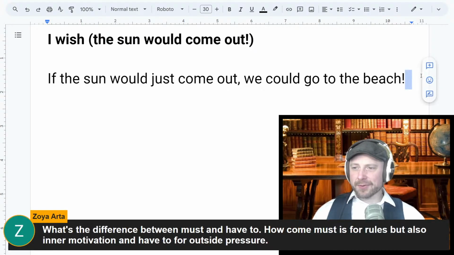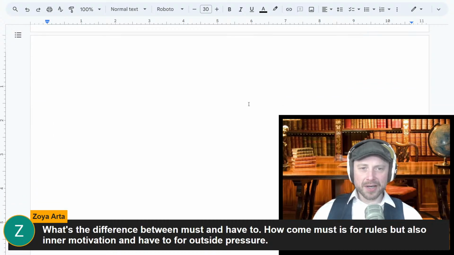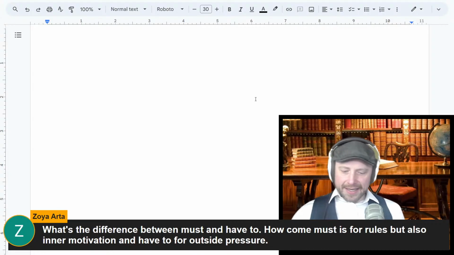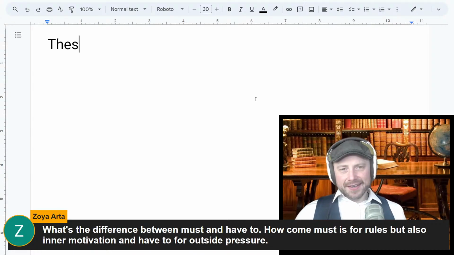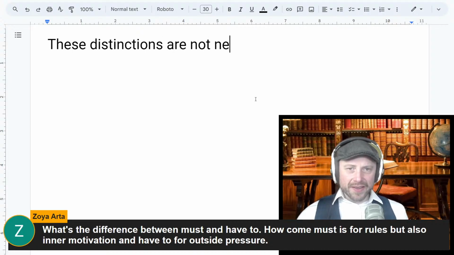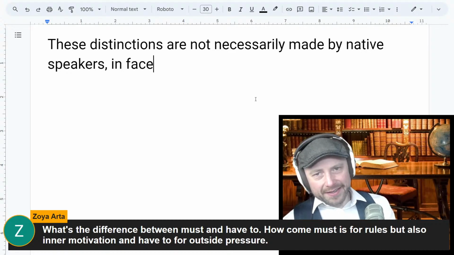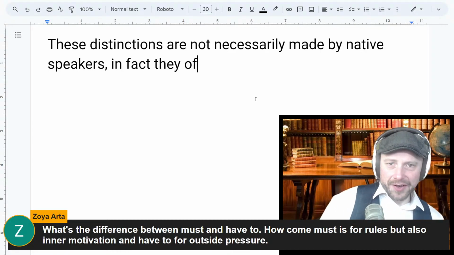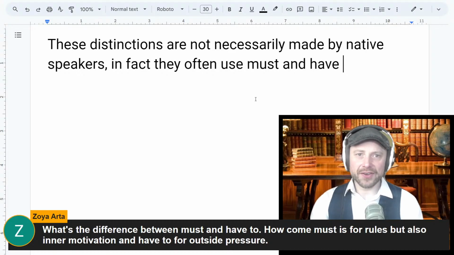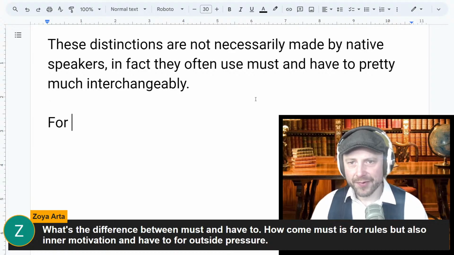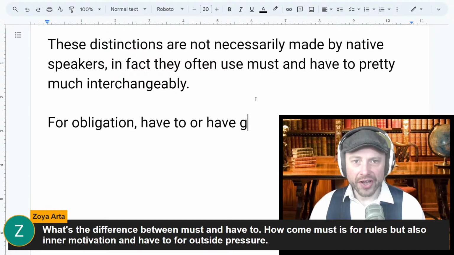Okay, Zoya, with probably the last question of today, says, what's the difference between must and have to? How come must is for rules, but also inner motivation, and have to for outside pressure? So the reality is that these distinctions are not necessarily made by native speakers. In fact, they often use must and have to pretty much interchangeably. For obligation, have to or have gotta is preferred,